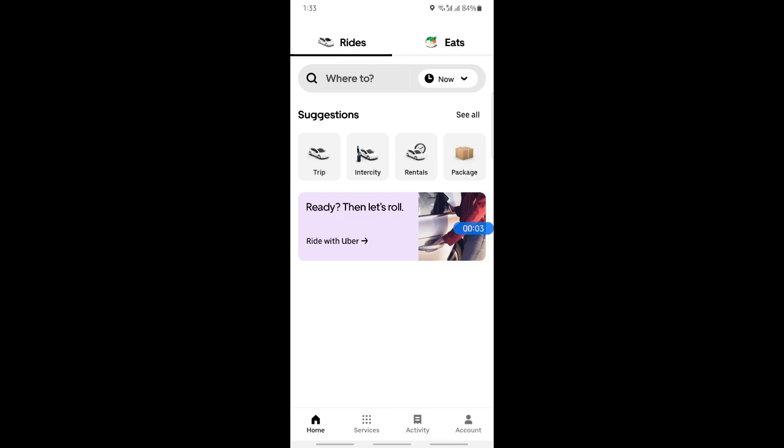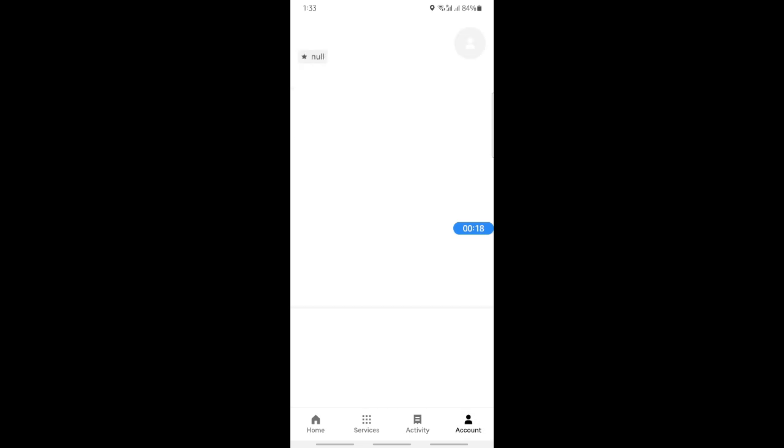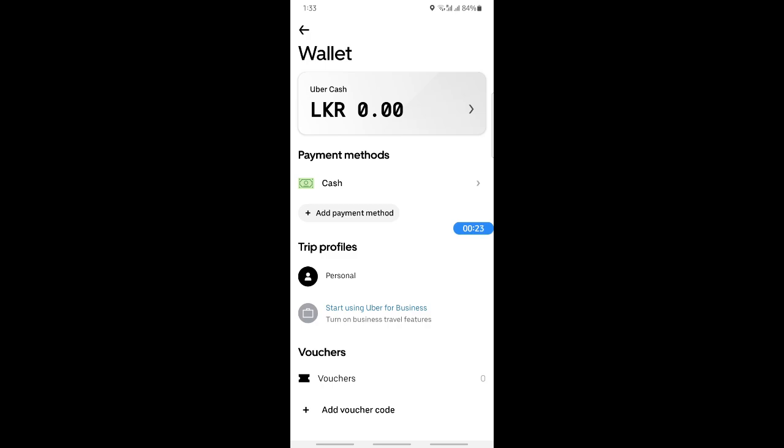So today in this video I'm going to talk about how to transfer Uber Cash to bank account. So if you want to transfer some funds or Uber Cash that you have access, that you no longer need on your Uber Cash, what you can do is go to your account here, go to your payment options, so on your wallet here, if you have some cash here,